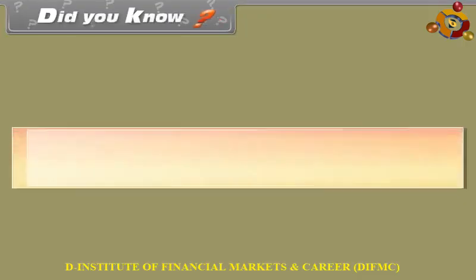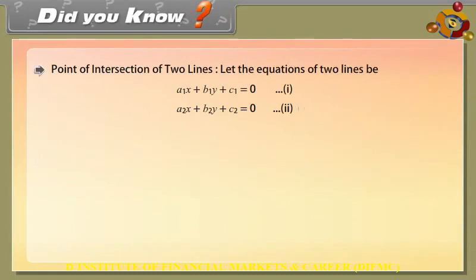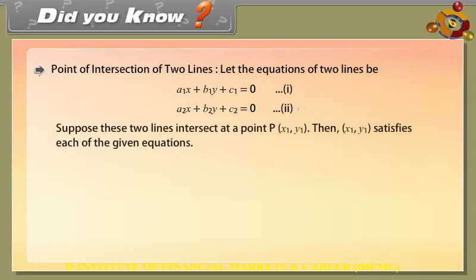Did you know? Point of intersection of two lines. Let the equations of two lines be a1x + b1y + c1 = 0, mark it as 1, and a2x + b2y + c2 = 0, mark it as 2. Suppose these two lines intersect at a point P(x1, y1). Then (x1, y1) satisfies each of the given equations. Therefore, a1x1 + b1y1 + c1 = 0 and